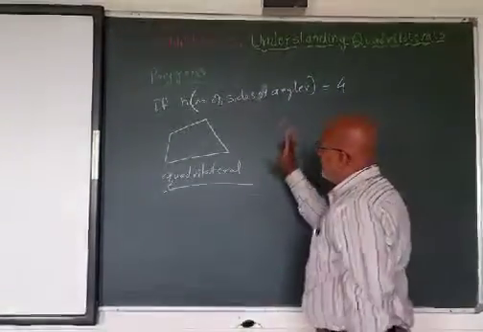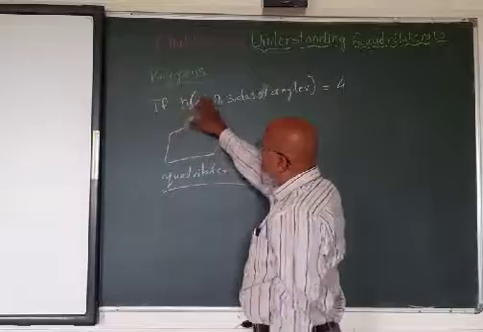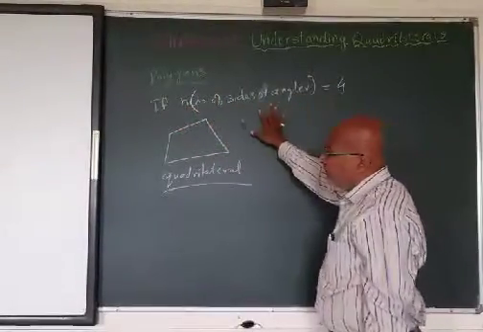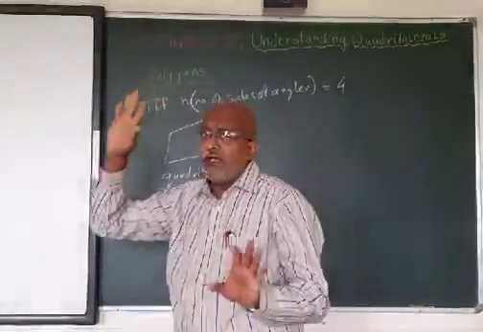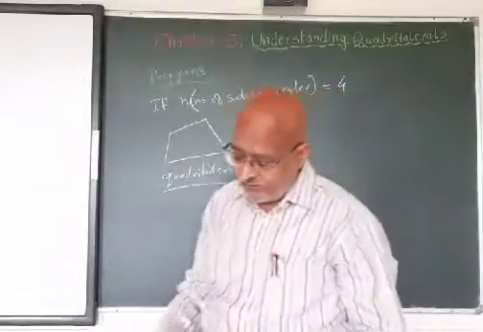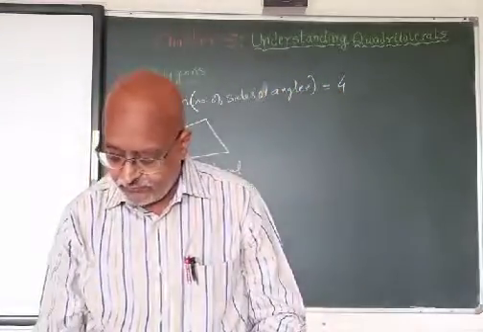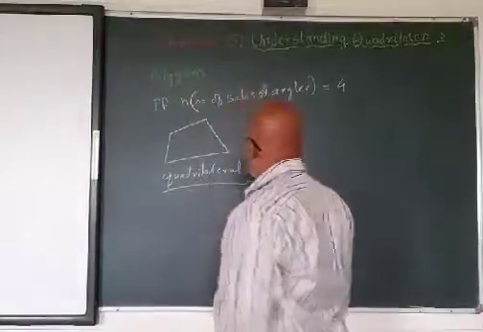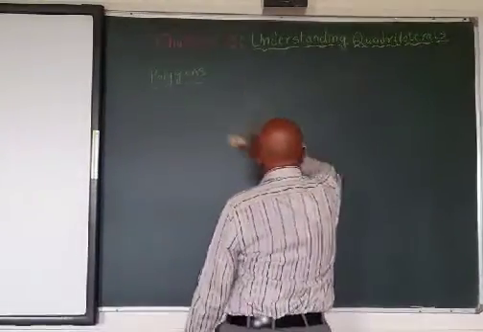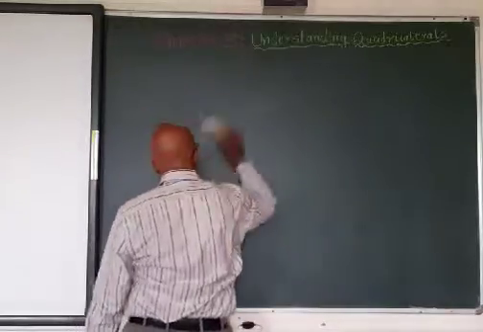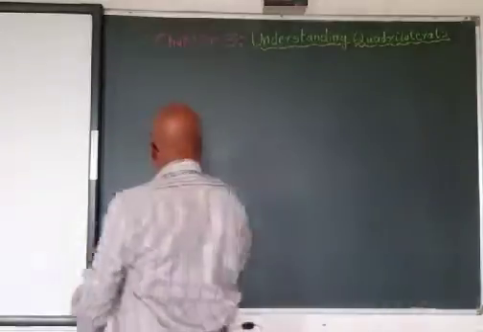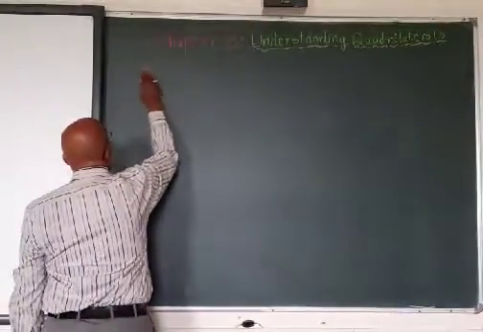Just remember one thing, that when a polygon has n equal to 4 sides or angles, it is known as a quadrilateral. Now there are different types of quadrilaterals, and we are going to see those different types. So here I will write the types, or kinds, of quadrilaterals.